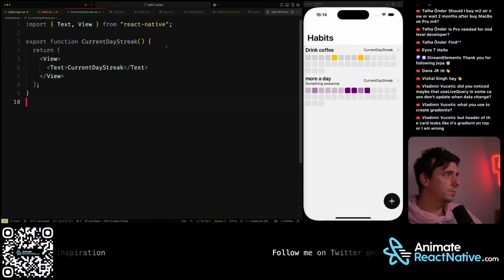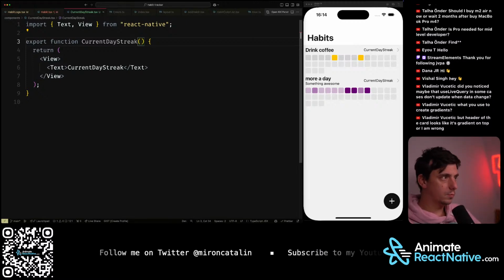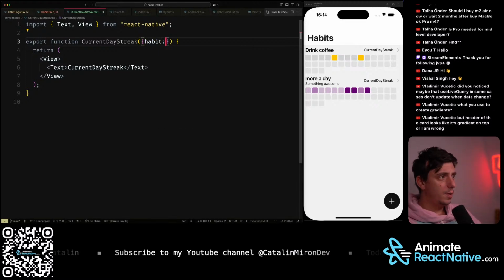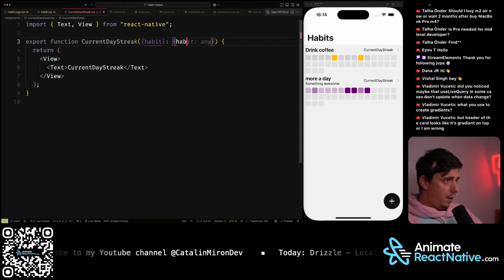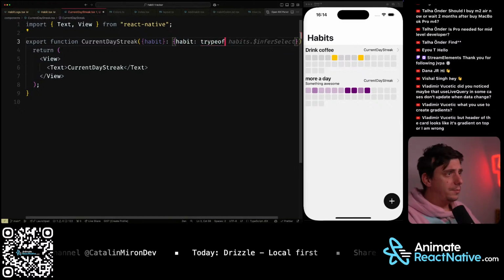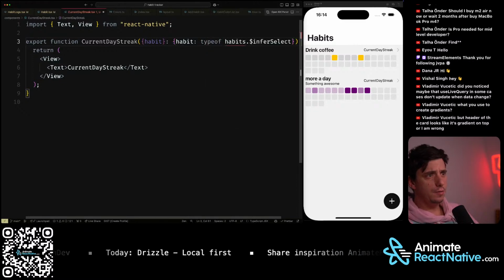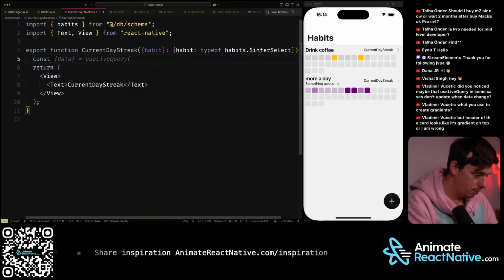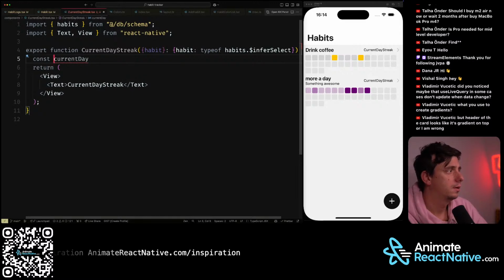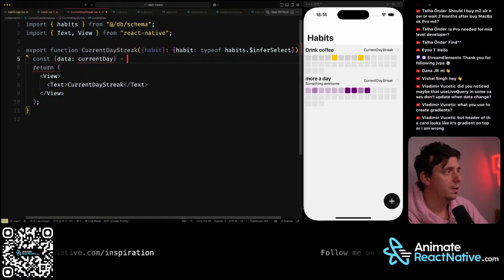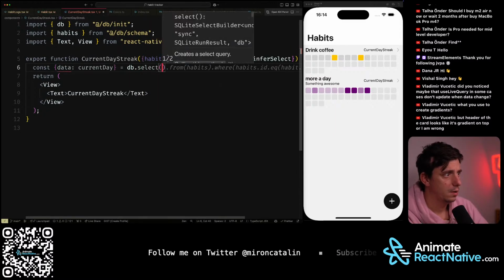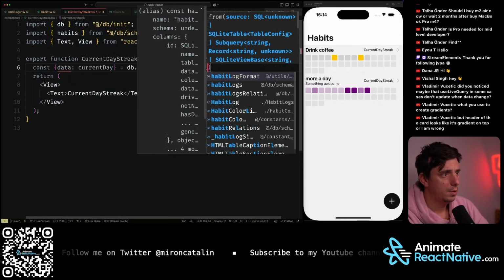Okay, and I'll do habit type of habits in for select habits. I'll do current day as data equal to db select from habit logs